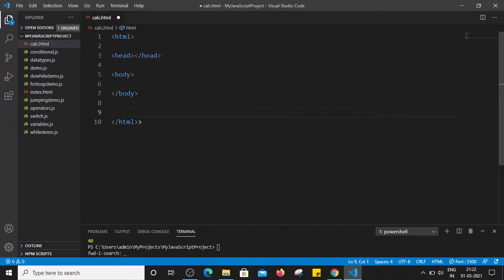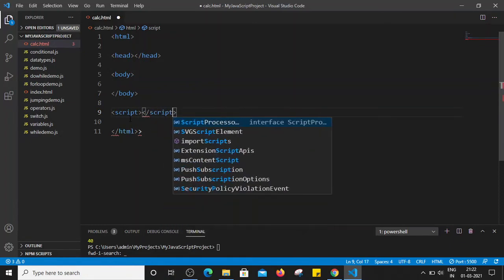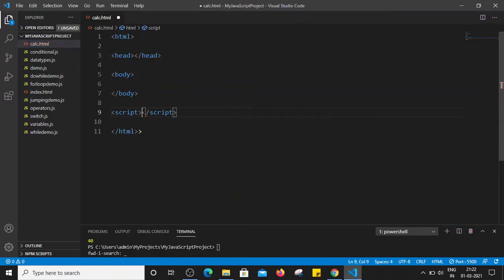And to put the JavaScript code we have to use a script tag. Right, so my scenario is I am going to create two input fields, and those two input fields can be used to enter two values.